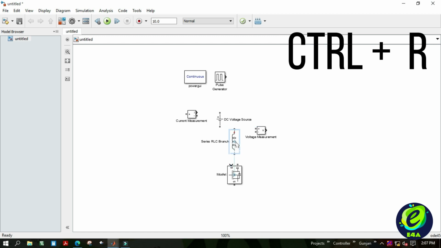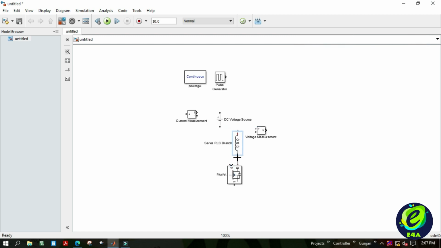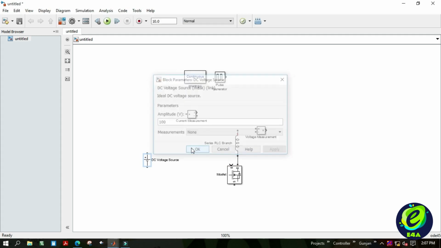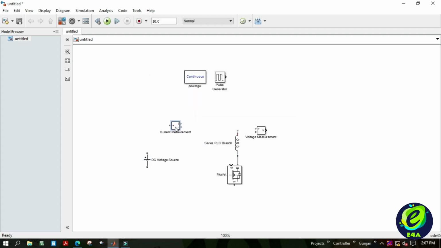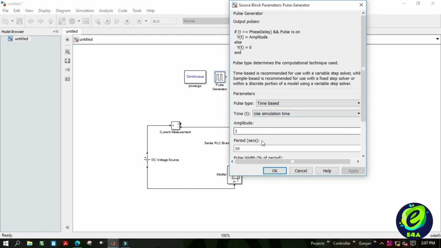Now let us connect and make a loop such that the MOSFET is connected to the DC voltage source via the inductor. In between the inductor and the DC voltage source, there will be a current measurement block that will measure the loop current. The specifications of the pulse generator are such that it will be operating at 20 kHz frequency.